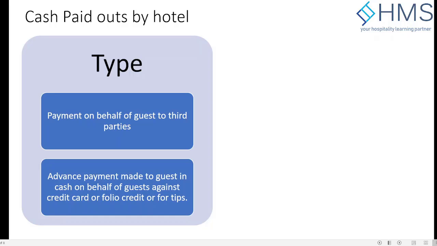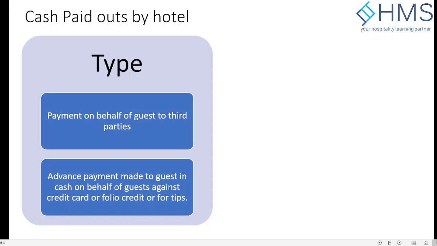So usually the paid outs are easy to get for in-house services, for example, babysitting, or you want to rent something, or you want to host a party, or anything else where you are using the hotel services. So it's easy to get the cash or paid out. But if it's a third party, for example, if the guest is borrowing a projector from a third party and the hotel does not have any control on it and is not earning anything, they may or may not pay out on that.